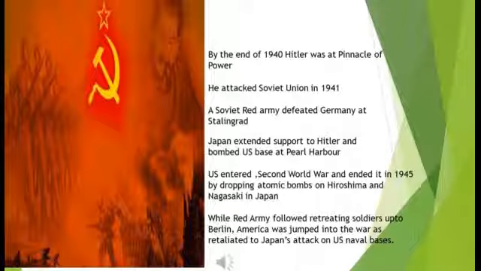When Japan extended its support to Hitler and bombed the US base at Pearl Harbor, the US entered the Second World War. The war ended in May 1945 with Hitler's defeat and the US dropping the atom bomb on